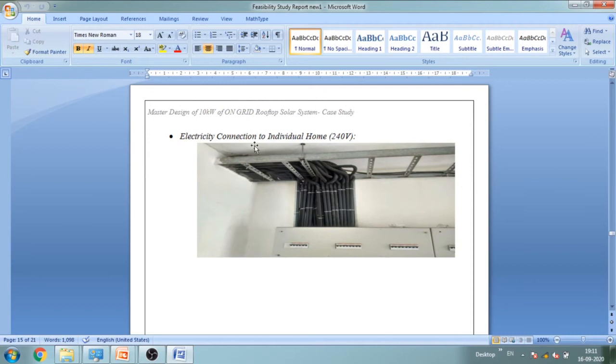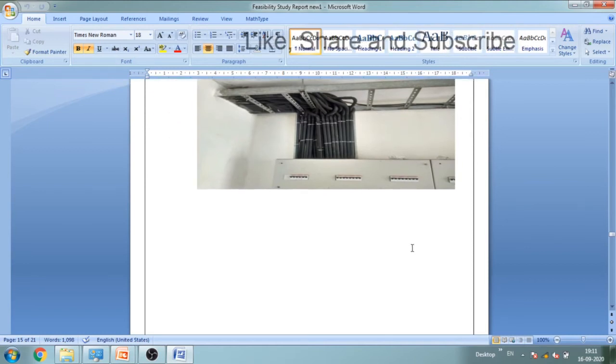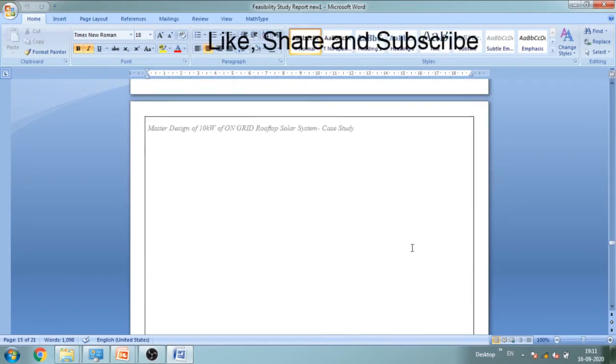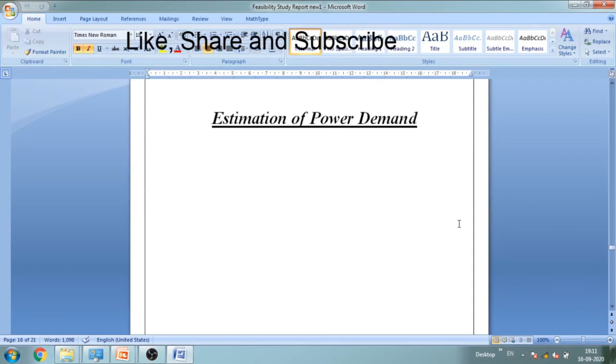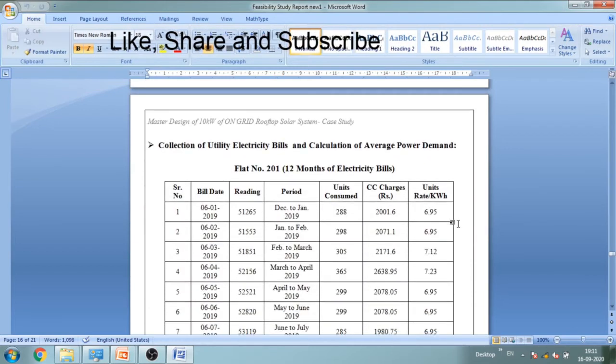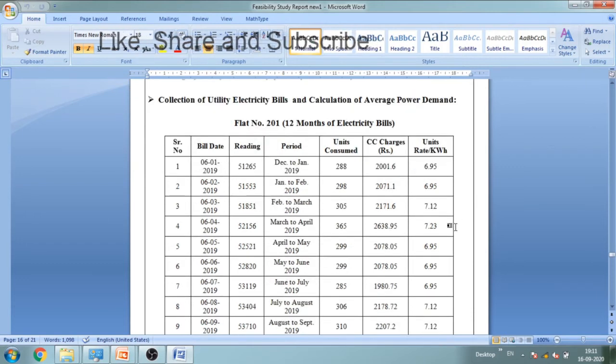These are the electricity connections to the individual home at 240 volt. Each and every parameter of the metering room needs to be mentioned in the feasibility study report. The fifth parameter is the estimation of power demand. While estimating power, we need to prepare a table with the bill date, the reading, the period for which